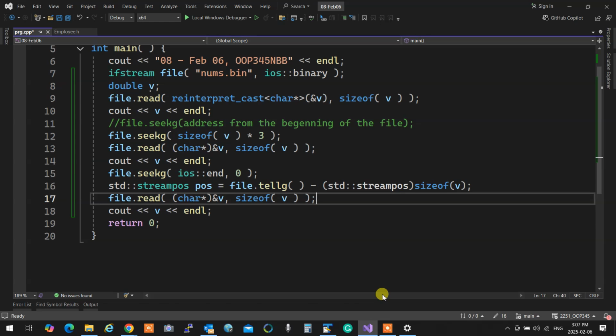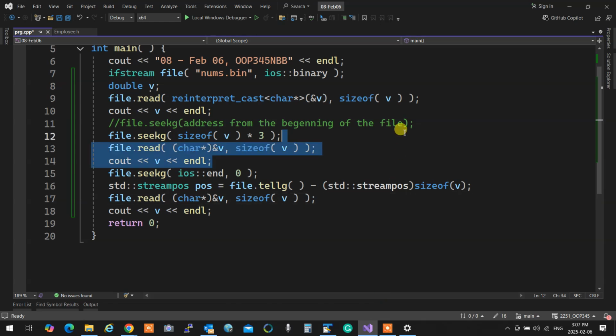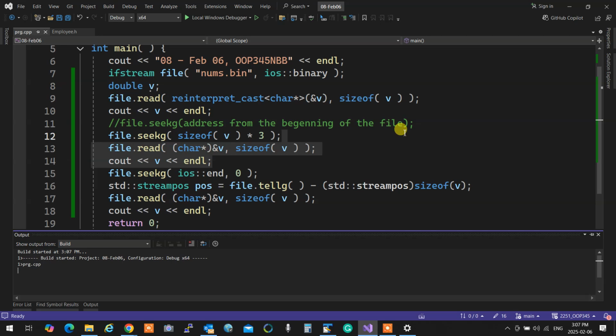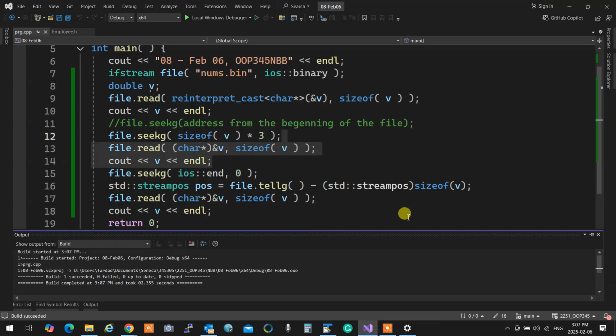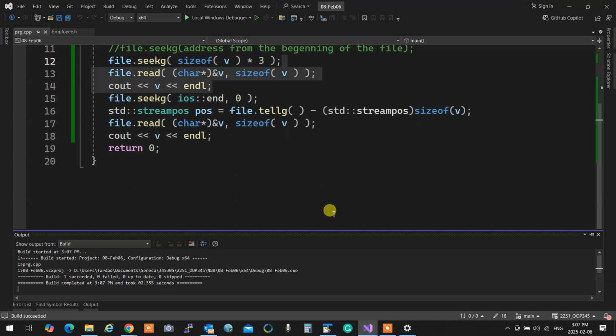This is what you do easily in databases using indexing. You have an index, you jump to an index, that's what happens. Hashing, indexing, all those things. But again, just an example of what binary files do. You go back and forth in it, and you can read different things from different parts. And as you see, it just reads. It doesn't care what you're doing or where you're at. So everything works perfectly.